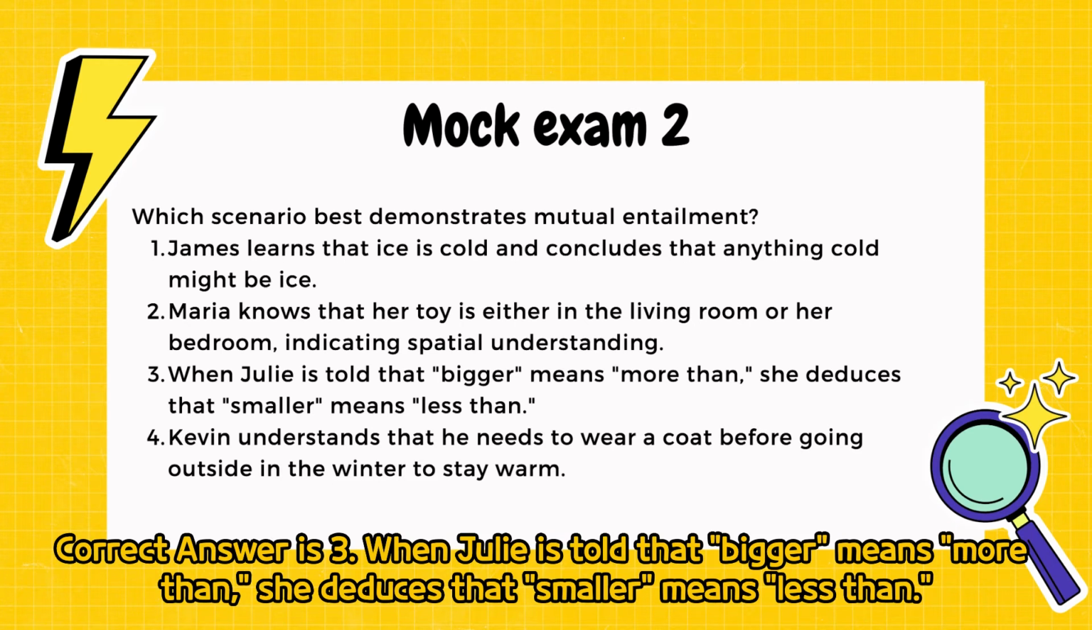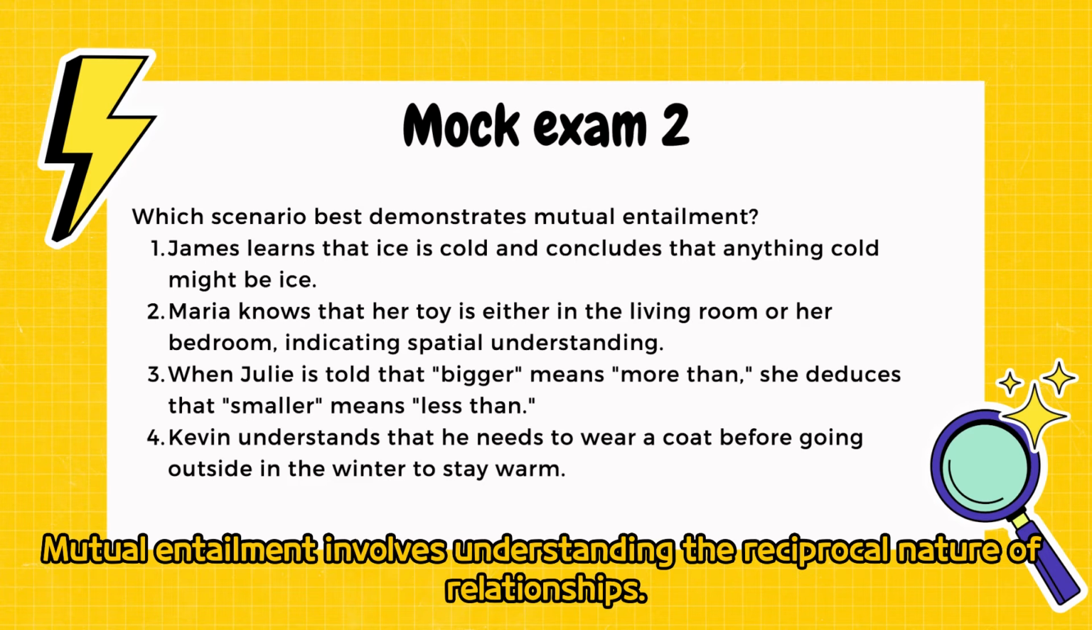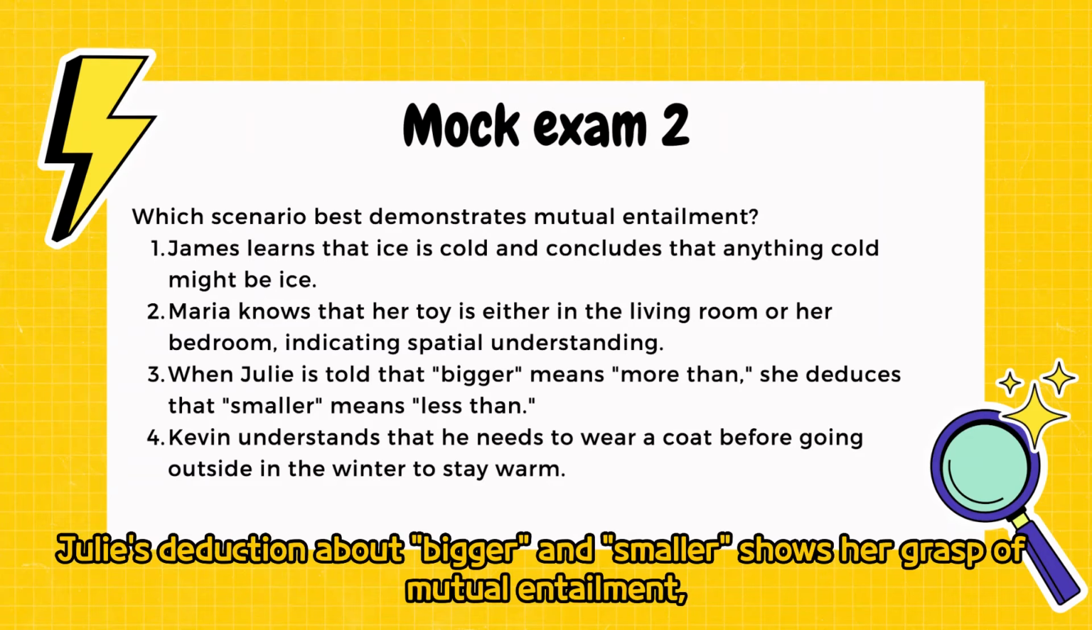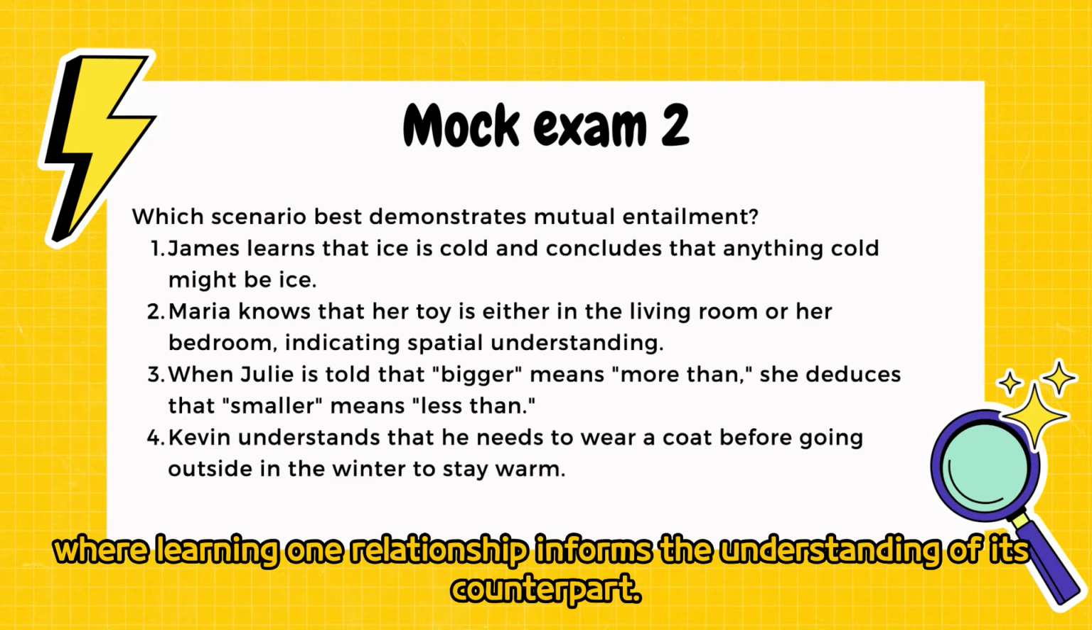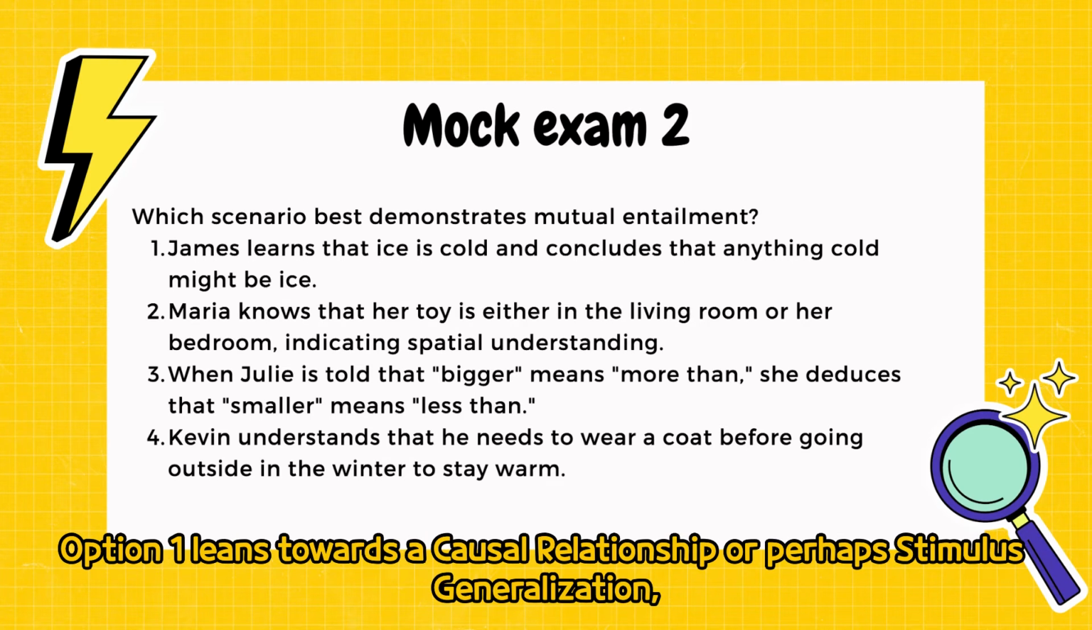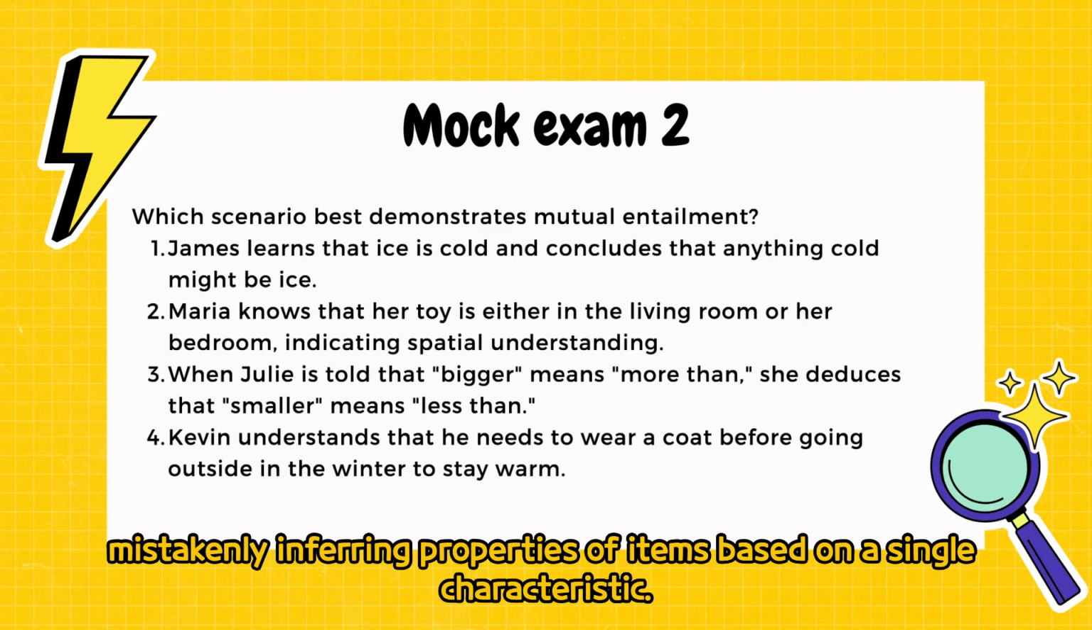Correct answer is 3. When Julie is told that bigger means more than, she deduces that smaller means less than. Mutual entailment involves understanding the reciprocal nature of relationships. Julie's deduction about bigger and smaller shows her grasp of mutual entailment, where learning one relationship informs the understanding of its counterpart. Option 1 leans towards a causal relationship or perhaps stimulus generalization, mistakenly inferring properties of items based on